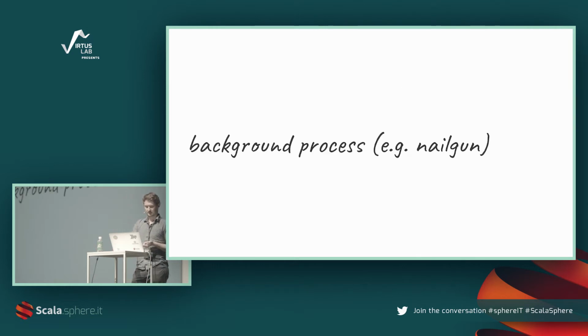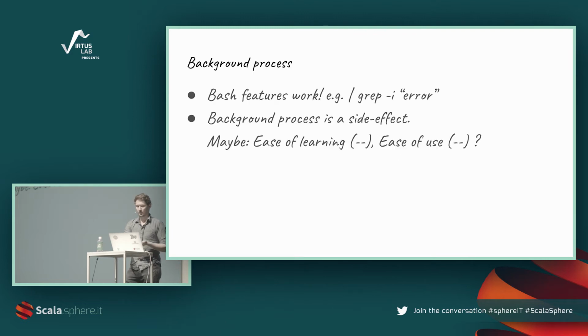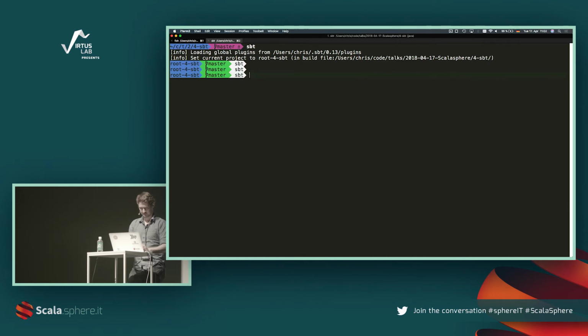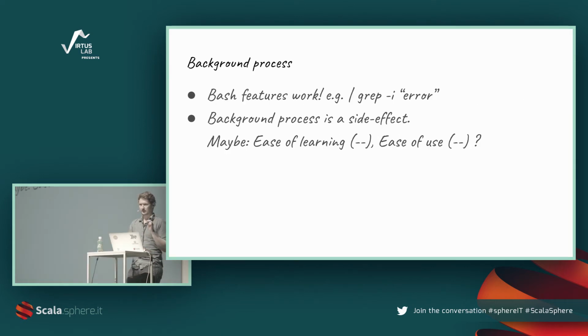And there's a different design decision that other tools have taken, CBT or Mill, I think Bloop as well, which is to have a background process running. For example, using Nailgun, which helps doing that. Now you just call things from the command line, like let's exit this. You just do CBT, I don't know, run or test, and you can grep for an error. So you don't lose the extensibility, you don't lose the usability of your ordinary shell,